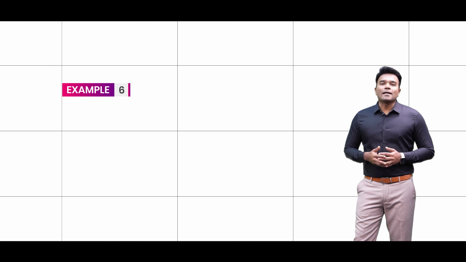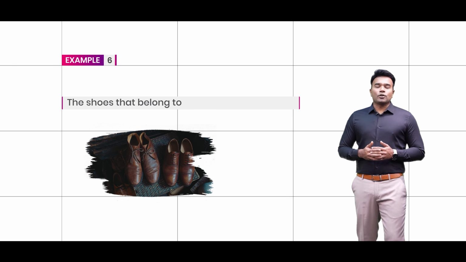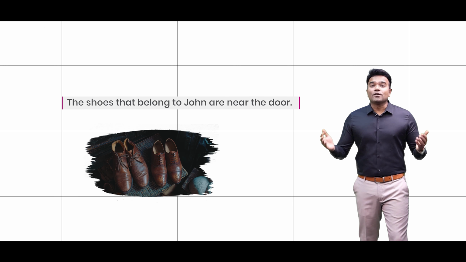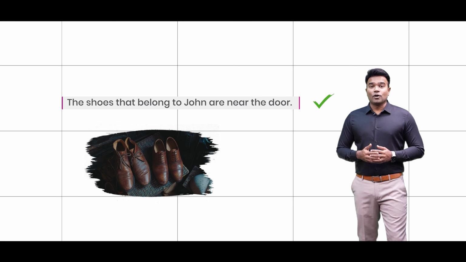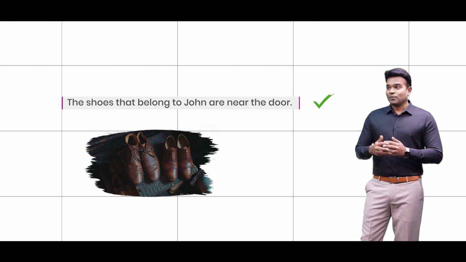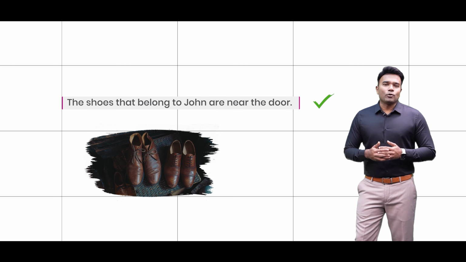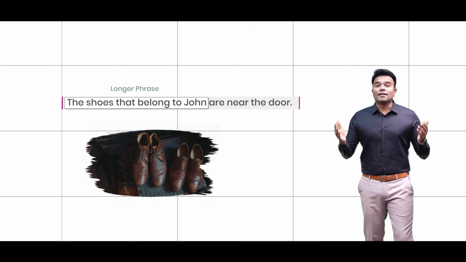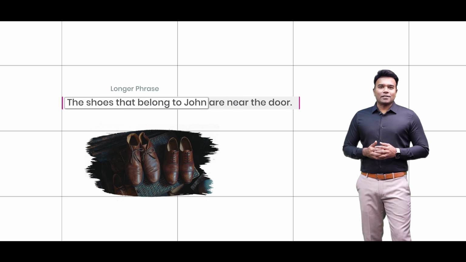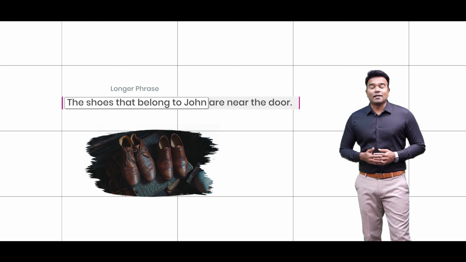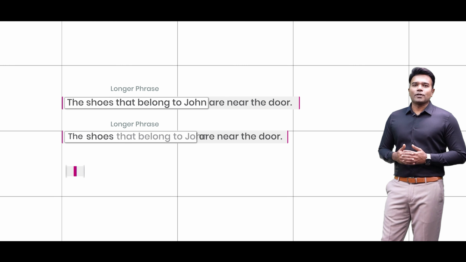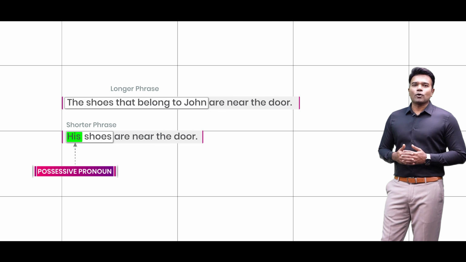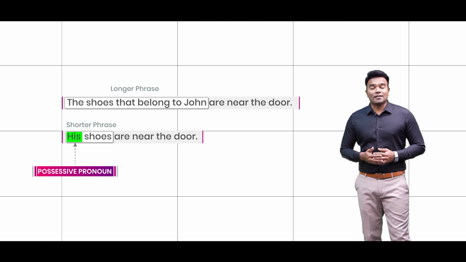Have a look at this sentence. The shoes that belong to John are near the door. Well, this sentence is no doubt valid, but it is also lengthy, and here the over-lengthiness of the sentence is due to the phrase, the shoes that belong to John. Well, this phrase is the one making the sentence lengthy, and the moment I replace this phrase with the suitable possessive pronoun his, the sentence, his shoes are near the door, definitely makes the sentence simple,